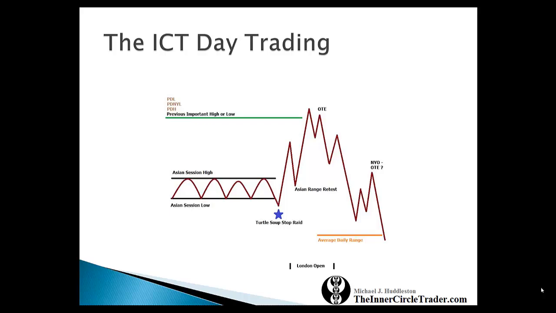And once that entry is formed, if we see a move below the Asian session low or the Asian range low, once that happens, you need to put your stop loss to break even. Do not let your trade turn into a losing trade. Ideal entries are above the Asian range low, and specifically very high probability if it's entered above the Asian session high. If you get those parameters and you get turtle soup, or you get an order block that's bearish and trades up into it, and it runs up about 30 pips,